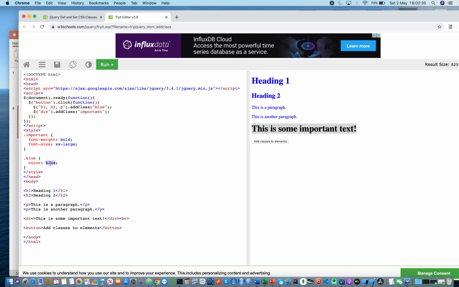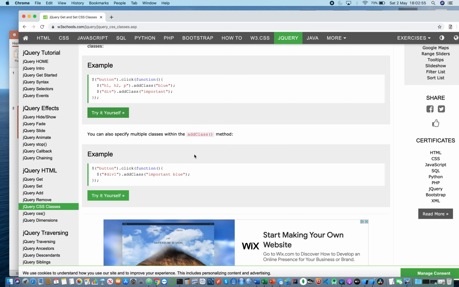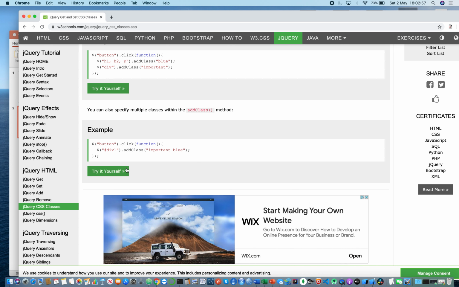So let's say we change the color to green, rerun that, and press the button, and that will turn green. So all the CSS code, you can write it over here and you can call that class and it will be applied to the relevant elements you are interested in. That's a very powerful thing. Okay, so the next thing we are interested in